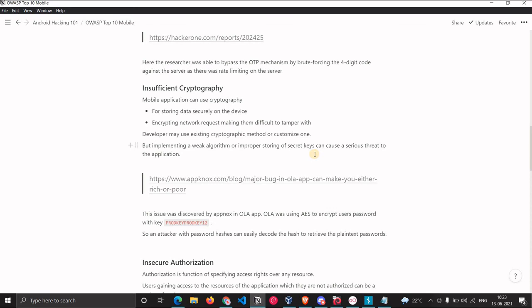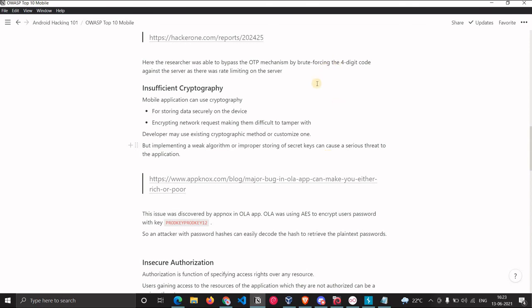So now the insufficient cryptography. Mobile application can use cryptography to store some data inside the device. As we discussed, if you want to store it securely, you have to somehow encrypt it or save it in a secure manner. Or you can also encrypt the network traffic which is going from the device, so that for anyone intercepting it, it will be difficult to decrypt what the traffic is.